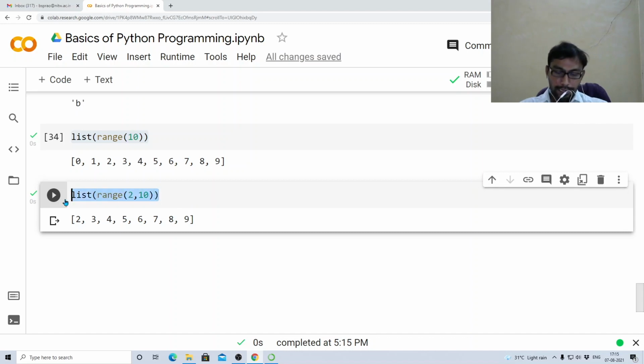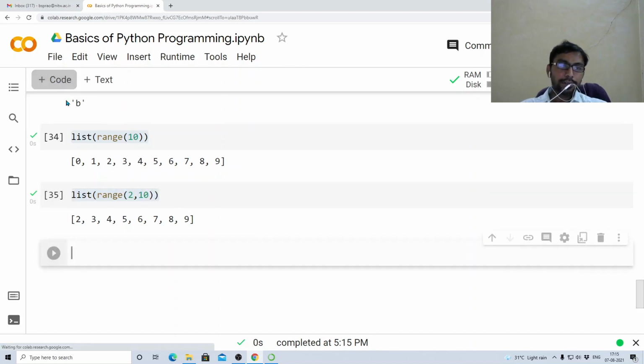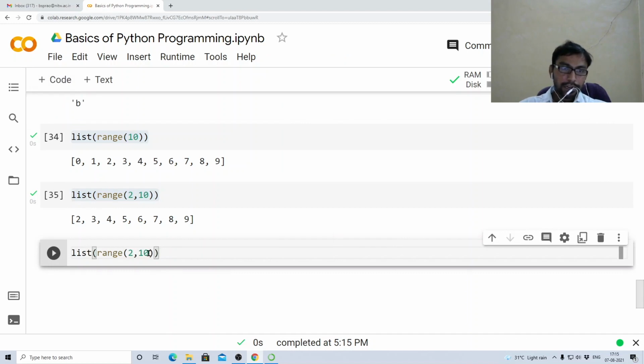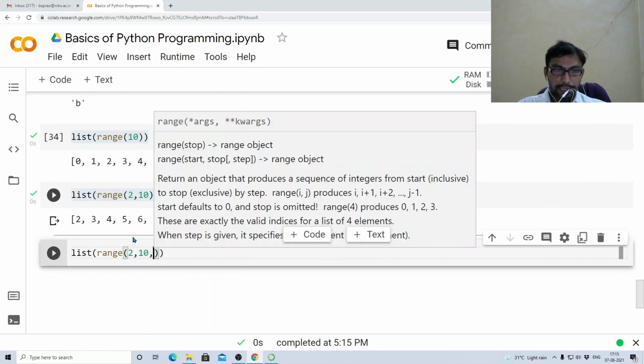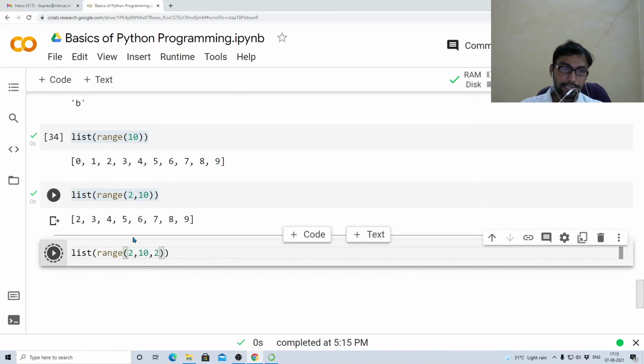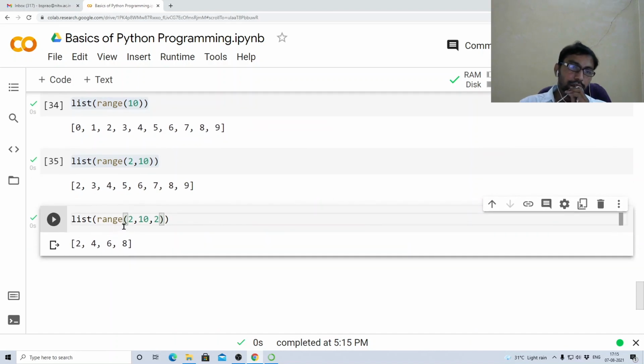Similarly, there is the other version of this range. What is that one? If you call 2, 10 and something called step length, you see here. Starting with 2, the next number will be 2 plus 2. This is called step length. 2 plus 2 is 4. The next number will be 4 plus 2, 6. The next will be 6 plus 2, 8.